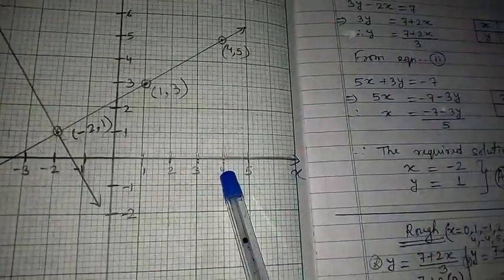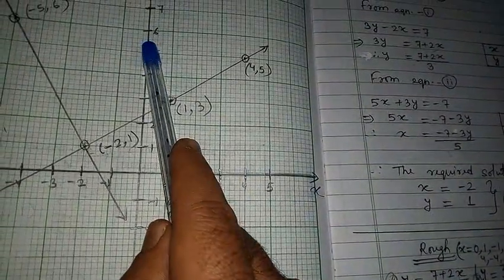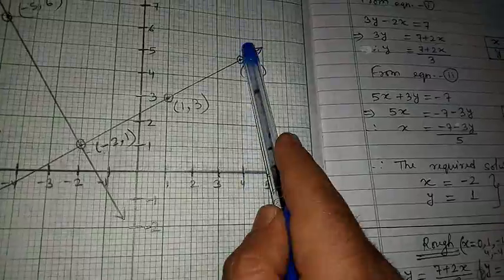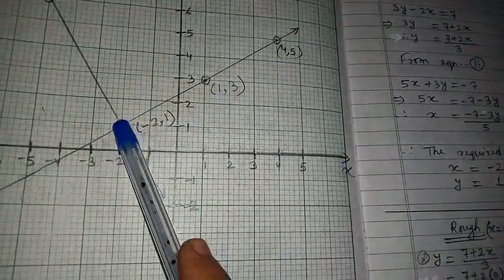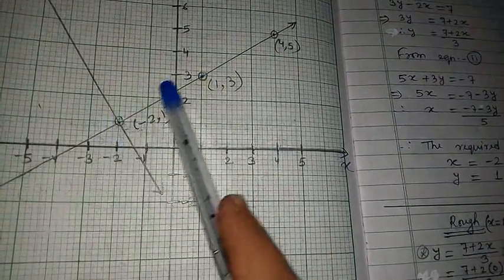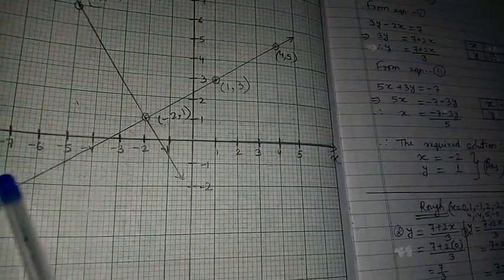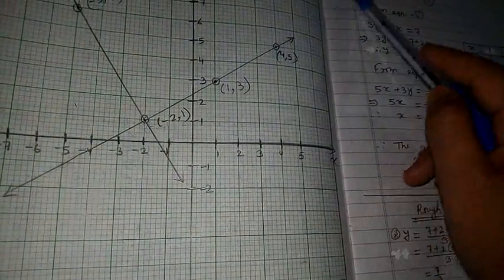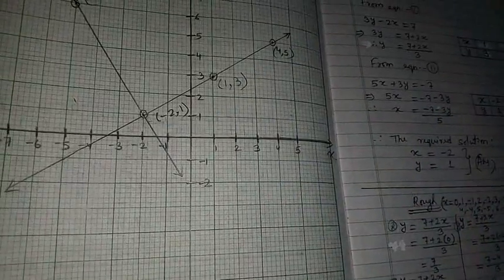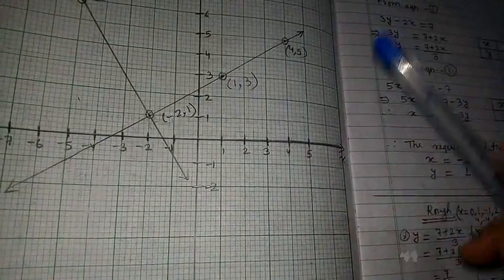So you can see 4 is here and 5 is here, 5 will go this side and 4 will go this side and they will meet here. And now I will join these 3 points. So when I joined, a long line came and I have put an arrow here, here and here, because this line has no end. It will go up and it will come down, and this is the straight line formed.